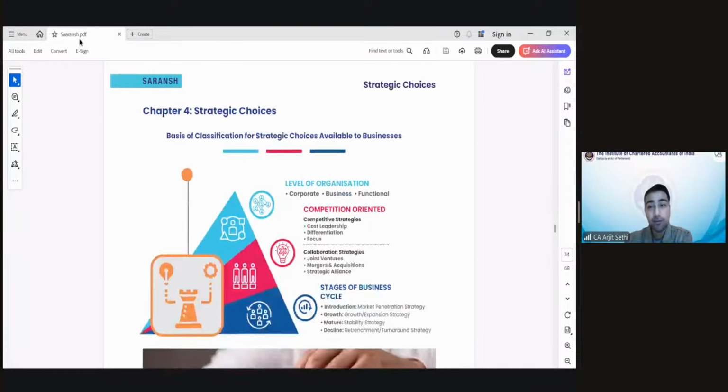Chapter 4 is one more interesting chapter which talks about one important question that every business has. Chapters 1, 2, 3, 4 are all about formulation. Chapter 5 is about implementation and evaluation. In chapter 1, we talked about what is strategic management. In chapter 2, we talked about the external analysis of our markets, our industry, our competitors. In chapter number 3, my friend talked about internal analysis, analyzing ourselves.